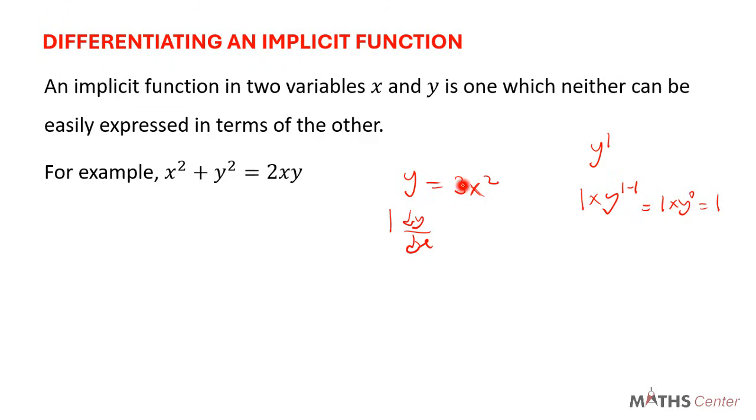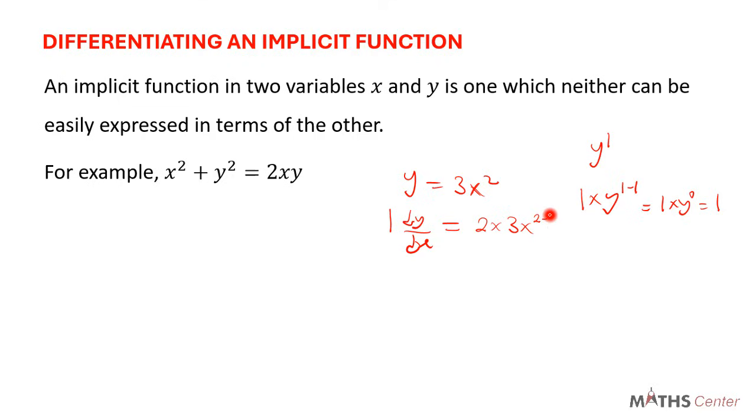Maybe you are wondering, why don't we do the same when we differentiate a term containing x? So for example, here, if we are differentiating the right hand side, why don't we add something like dy dx or dx dx to it? Now look at it. You see here, if you are differentiating a term containing x, you are actually differentiating with respect to x. So you are differentiating x with respect to x. So here, if we go through the normal differentiation process, 2 will multiply, so we have 2 times 3x, the exponent will reduce by 1, so